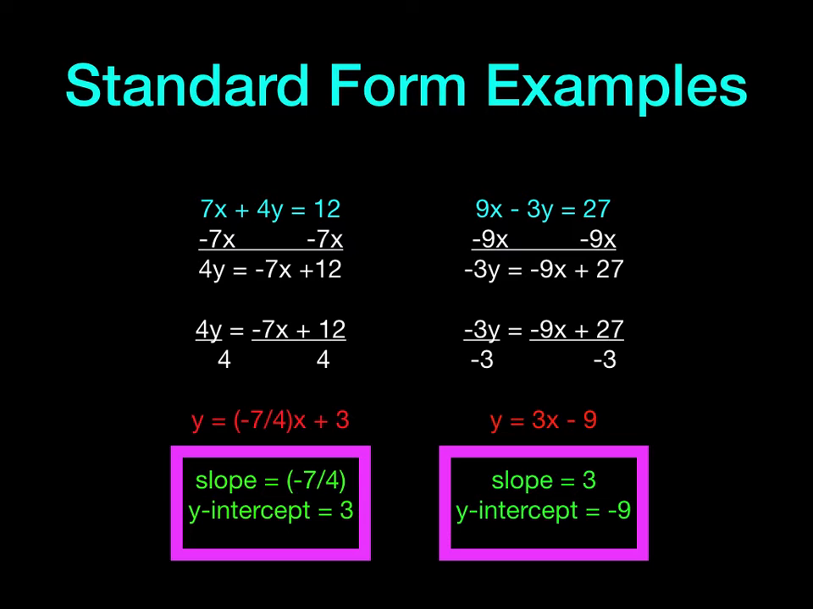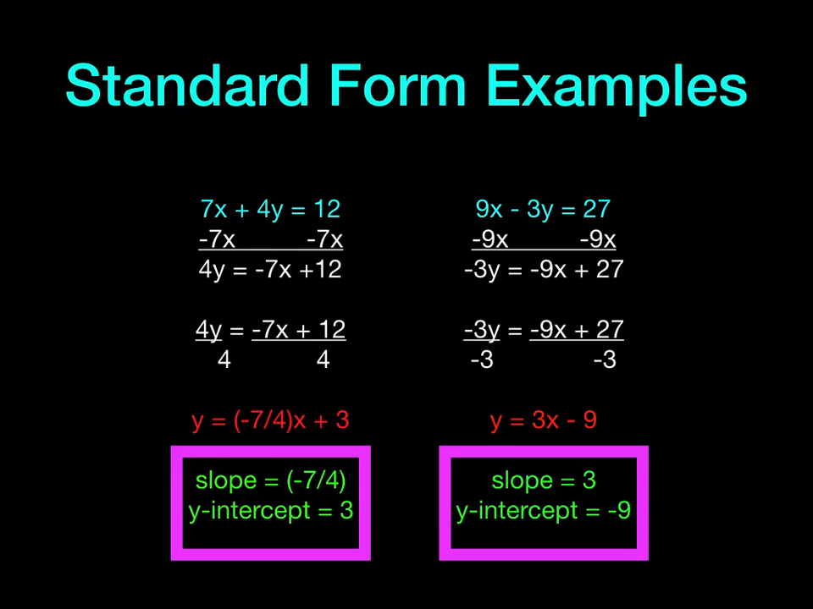Now we will go over some examples in standard form, point-slope form, and slope-intercept form in order to find the slope and y-intercept of each equation. The first equation, we have 7x plus 4y equals 12. If you subtract 7x from both sides, you get 4y equals negative 7x plus 12. Divide both sides by 4, and you get y equals negative 7/4 x plus 3. And on the bottom, in the purple box, you can see that the slope is negative 7/4, and the